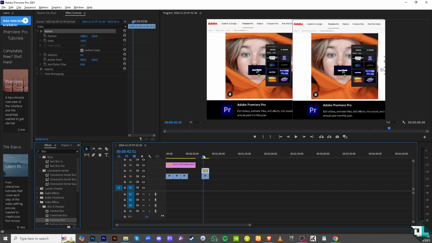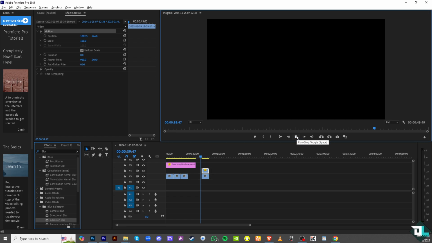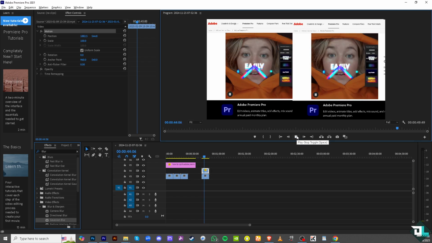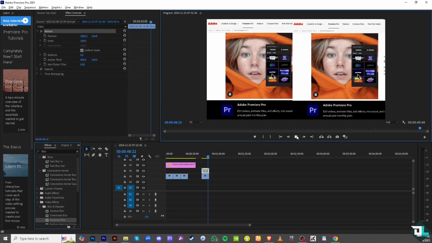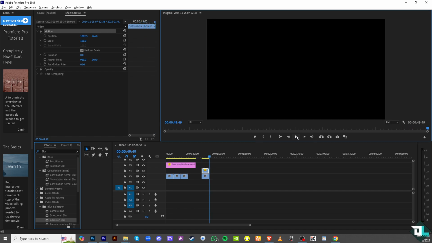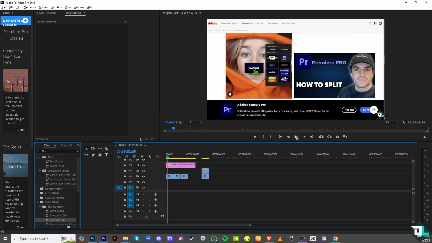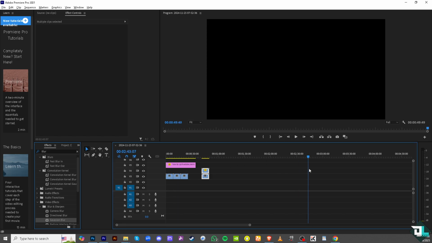Now, if I play this now, what will happen is I have achieved a split screen kind of effect. All right, you see that? Amazing, right? And of course, you can rearrange, trim, edit your clips more precisely doing this. So for example, if you want to prolong this, I'm gonna copy this, right? I'm gonna stop this for now to paste it to make the video longer